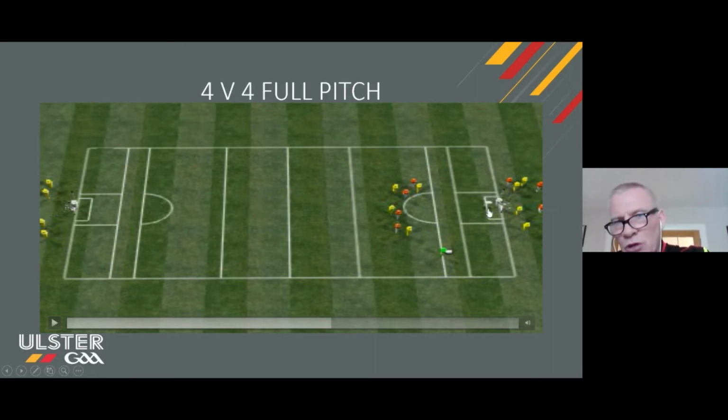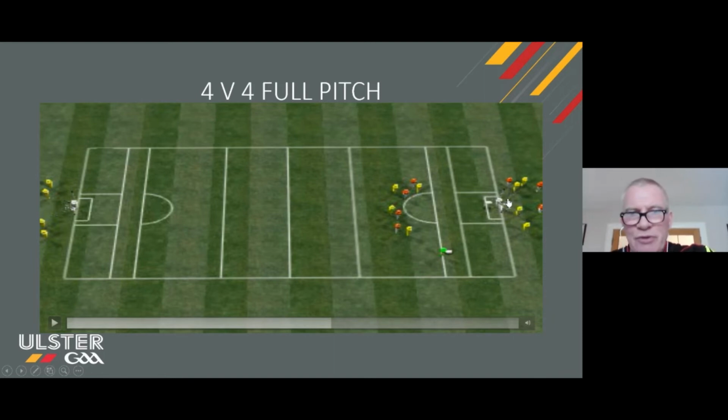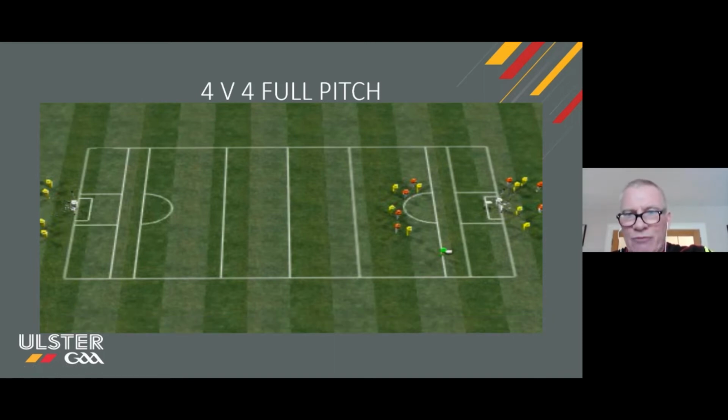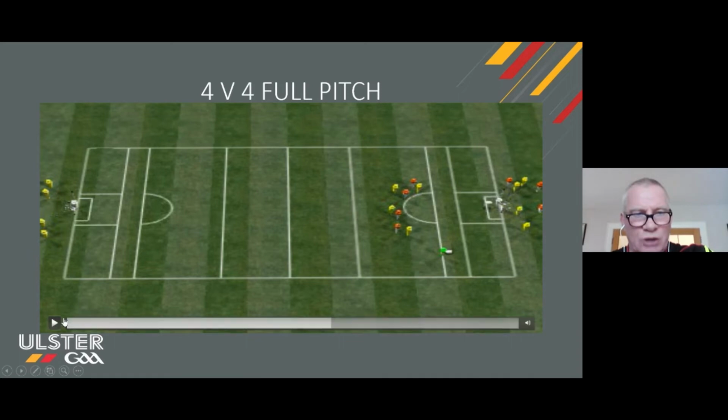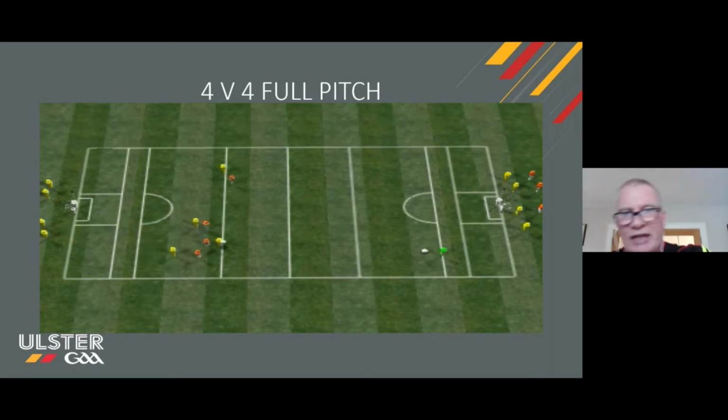The ball will always finish at that end of the field, either by the goalkeeper saving it, by a goal, by a point, or a wide ball. And whenever the ball goes dead, just watch. The next 8 players come on, 4v4, and they go the whole way down. And then they get a rest, and you throw the ball up for the next 4v4, and they go the full length of the field, trying to create a score. And remember,